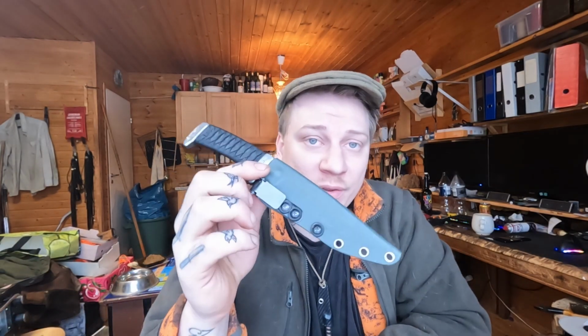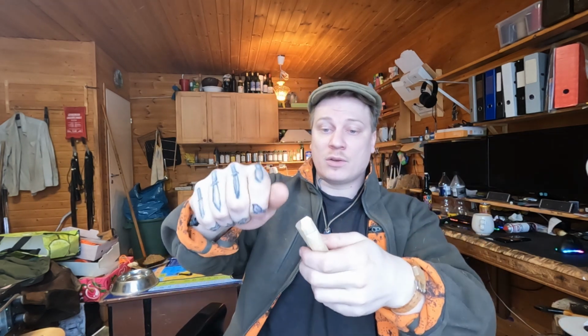But again, it's not quite the same as EDCing this. Oh, and you can't really wear this on sweatpants. I mean, sure, you can clip it anywhere you want, but you can't really wear this with pajamas. If you're changing clothes all day, changing your jacket, changing your pants, for example, snowboarding and you're walking in and out of some building and you want to take your pants off and your jacket off, you're constantly changing clothes. It's much easier when you just got this there and then you don't have to think about it. And when you need it, you just grab it like this, pull it out, use it, cut stuff with it. Here's a piece of wood. You can just